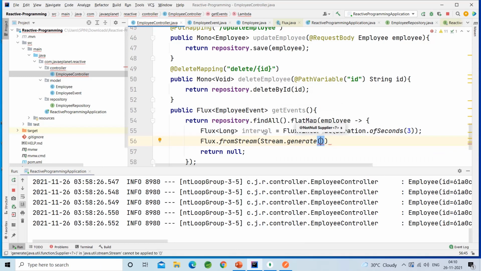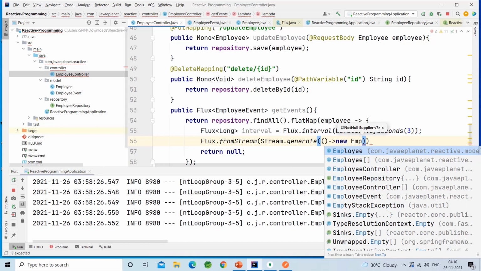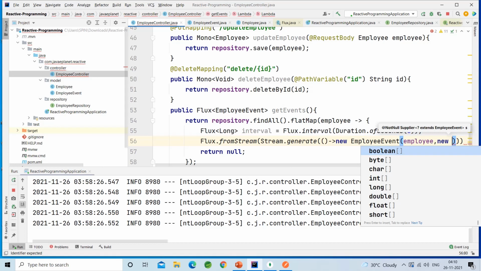Internally it will take the supplier, that means it doesn't take anything and returns a value, and it will create a new EmployeeEvent object, and it will take an employee comma new Date object.